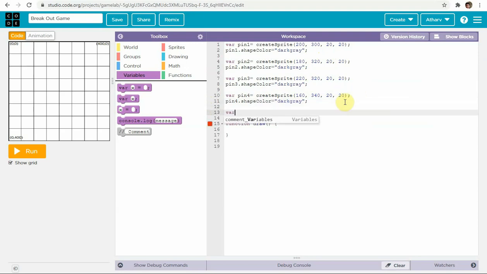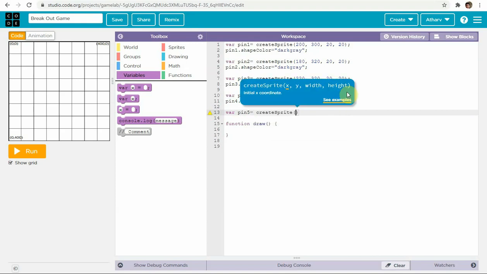Then var pin5 equal to createSprite, then in the brackets we'll put it as 200, 340.